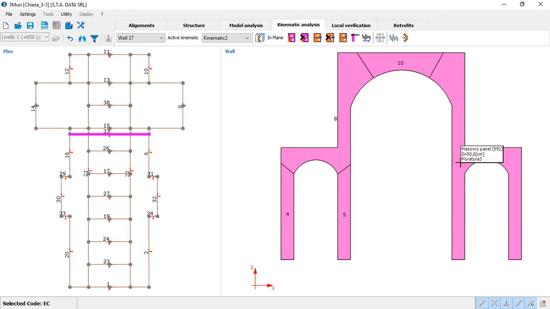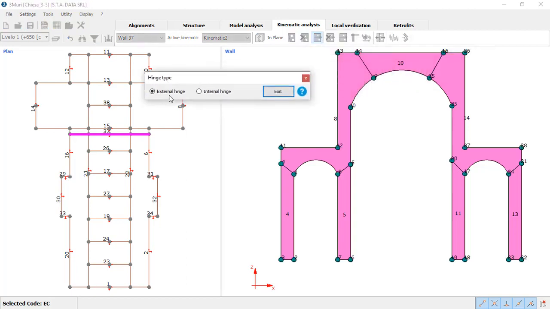So what I'm doing here is dividing the whole kinematic block into smaller segments that then we're going to put together with hinges. Once we're finished, we just have to go ahead and insert the hinges. Given the fact that this is in-plane kinematic, we have two types of hinges, internal and external. So I just go ahead and create first the external and then the internal hinges that are going to define the way that this kinematism moves and